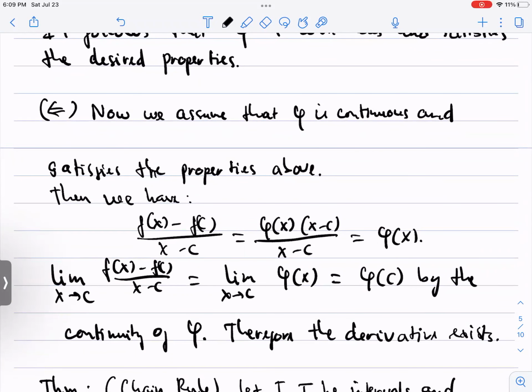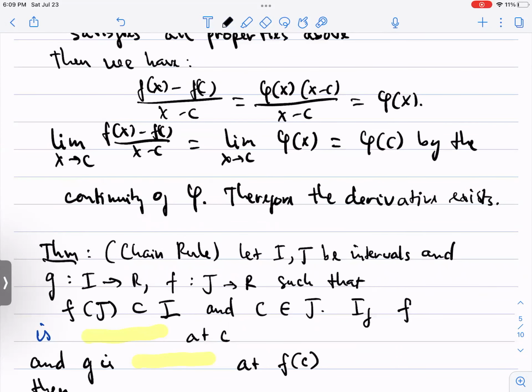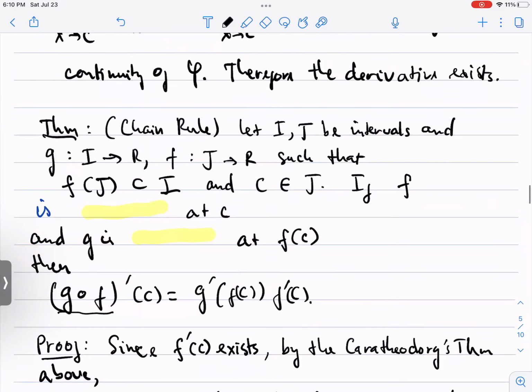In the other direction, we assume that phi is continuous and satisfies all the desired properties above. Then we can relate the expression in the definition of the derivative with this function phi, and because phi is continuous, the limit exists, and as a consequence, the derivative exists at that point. Now, using that Carathéodory theorem, we can